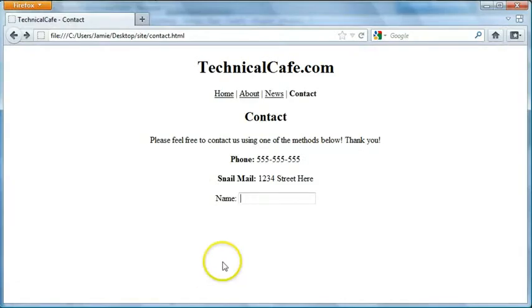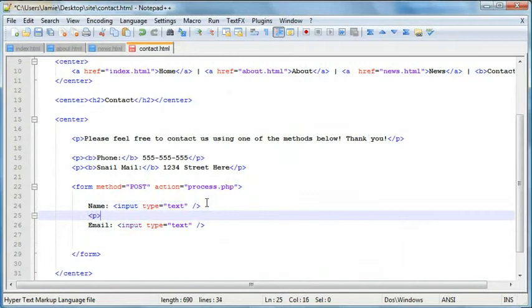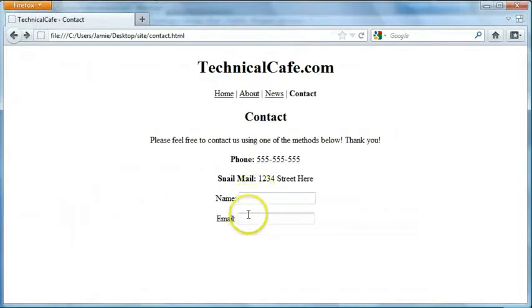And we'll save this, come over here and refresh. And now we have two fields, but what I want to do is actually put some space in between these. So we're going to use a set of paragraph tags. So we'll save this, come over here and refresh. And now we have our two fields decently spaced from one another, where we can enter in our name. So we'll say Jamie, and our email, and we'll say